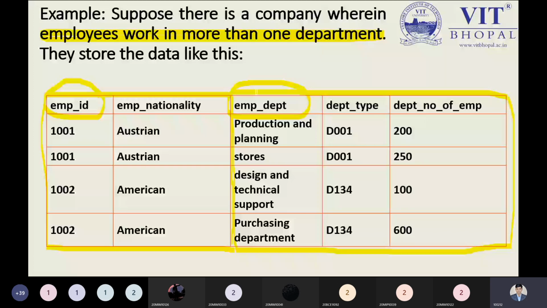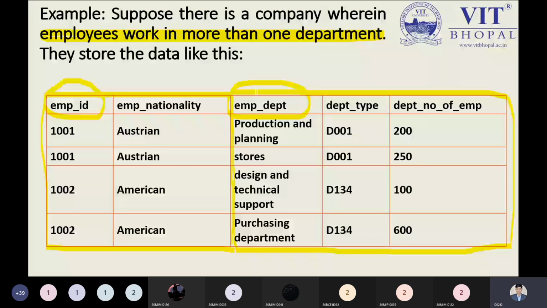So we are choosing these attributes as the key attributes inside the BCNF, that is Boyce-Codd normal form. That is the reason we have three relations. You can also include the employee ID as a foreign key inside the employee nationality details. But what you can observe over here is that again you are having multiple entries of the employee ID along with the employee nationality. So we are having the same kind of patterns, which is redundancy, so there would be no sense. That is the reason we have divided our relation properly. This is what is done by BCNF, in a simple and concise way.